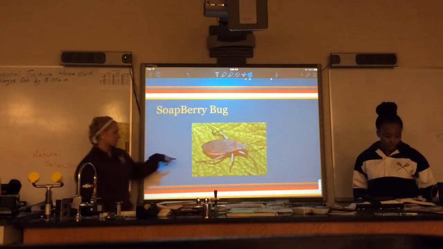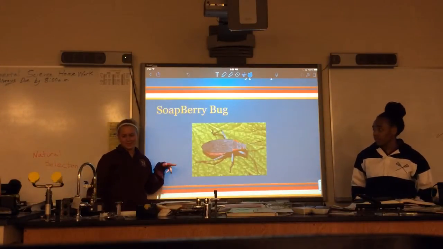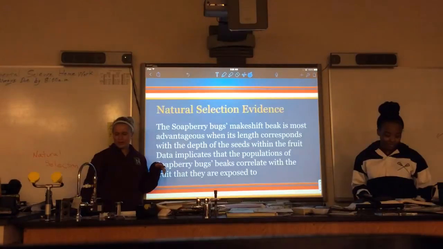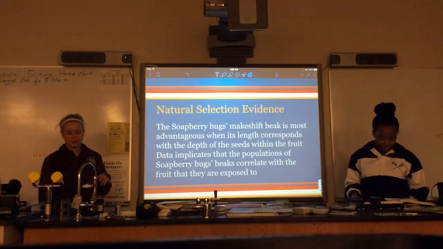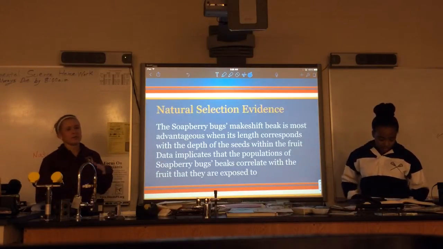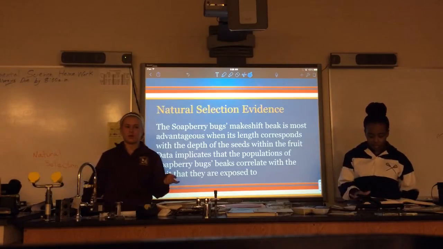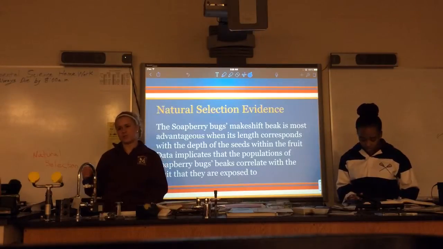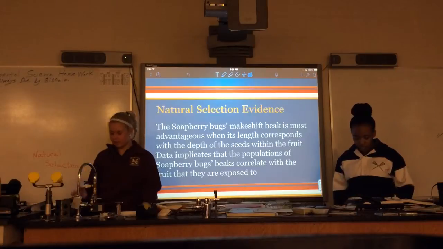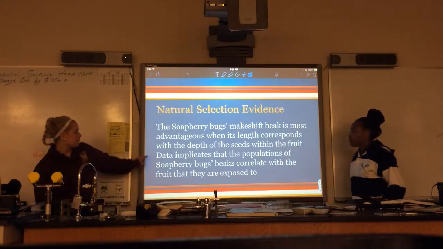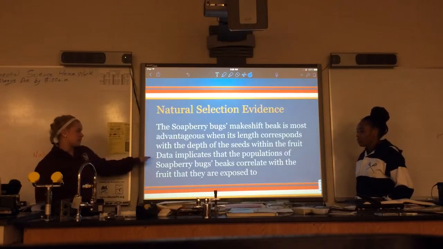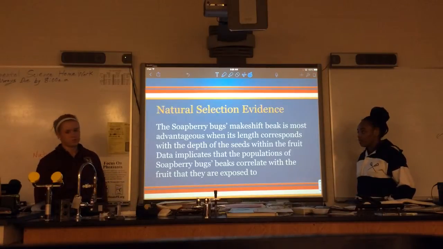This is a soapberry bug. Their makeshift beak is most advantageous when its length corresponds with the depth of the seeds within the fruit, and because the fruits are different in the two locations in Florida, the advantageous length is varied, and natural selection happens. Data implicates that the populations of the soapberry bugs, which if you remember, is the smallest group of animals that can go through evolution,